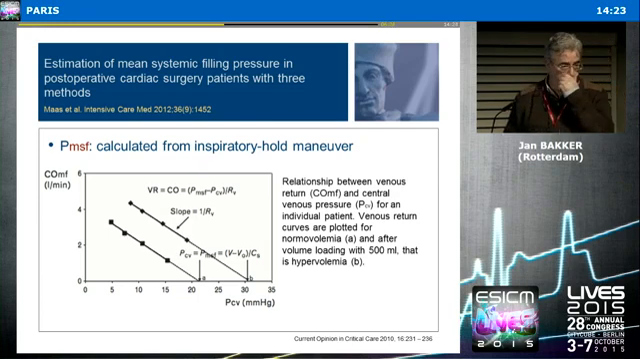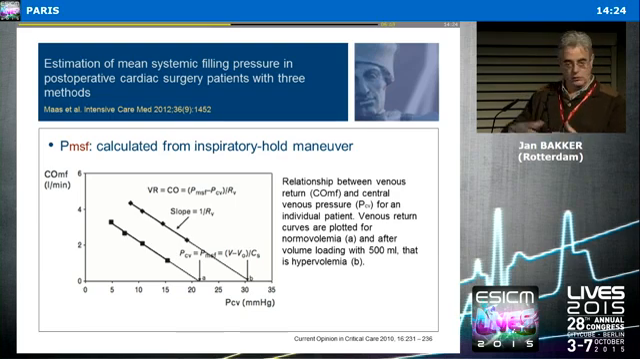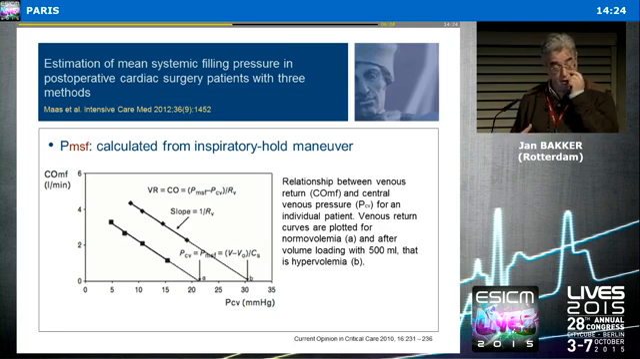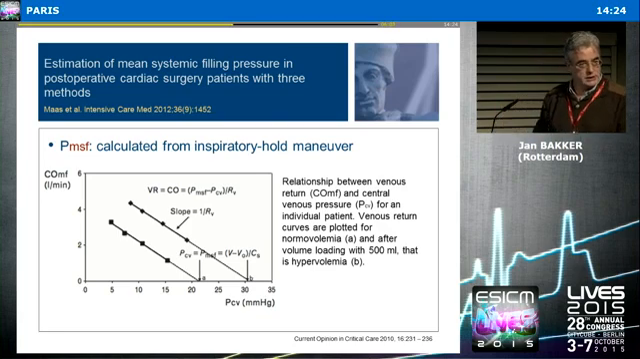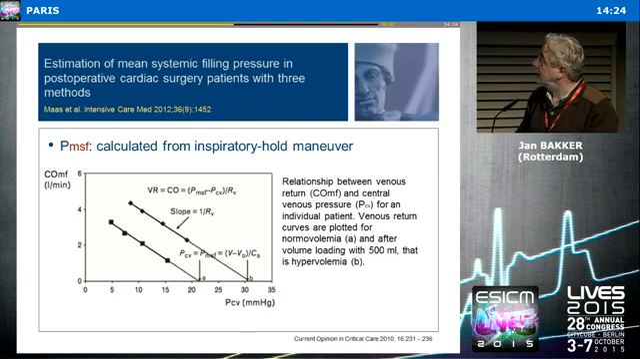But there are other ways, basically 3. This is probably the most published one. This is calculating the venous return curve from inspiratory holds. What do you do? If you do an inspiratory hold, you will change the venous return to the heart. And so you will have a change in cardiac output. If you do this at different pressures, you will have different points at the same venous return curve. If you do a linear regression of these points, then the